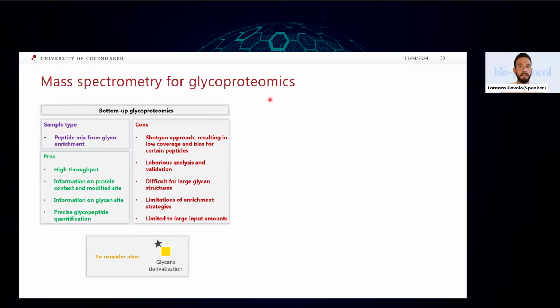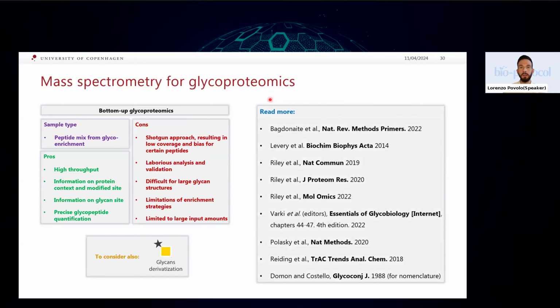This is the usual table with some pros and some cons. Main pro is the high throughput approach. Main con is the shotgun approach. So you will never have a complete coverage of the proteome. So this needs a little bit of attention. But I will leave you some references. I know these are probably not comprehensive. I know that many other groups are doing great glycoproteomics, but I think this could be a starting point for